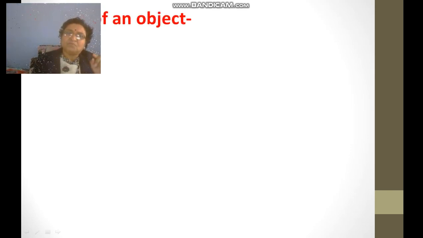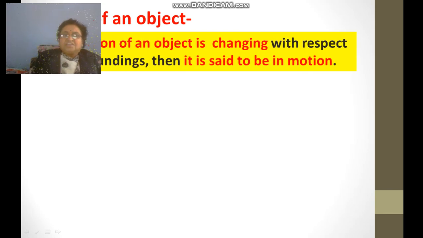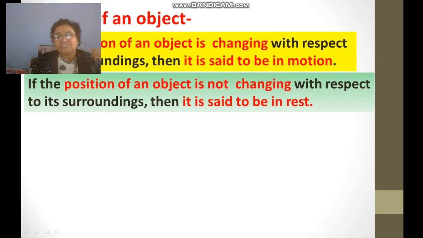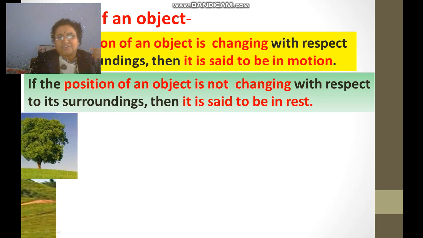See, what is a motion? If the bus is standing in the bus stand, we say that it is in the rest. If the electric fan is revolving, then we say that it is in motion. So what is a motion? Somebody know what is the definition of motion? Everyone knows that if there is a change in position, then it is in motion. But students, this motion is also with related surrounding. If the position of an object is changing with respect to surrounding, it is said to be motion.